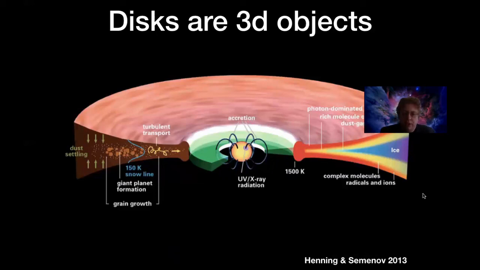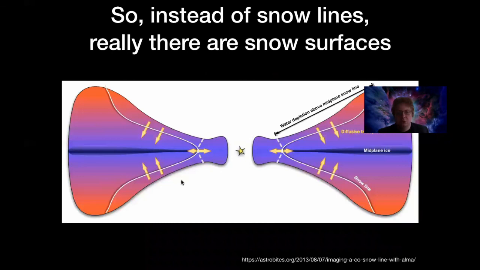The other final note that I want to make is that disks are 3D objects. It turns out that they're not totally flat, and in fact, they flare outwards. So the further away you are from the star, the wider and thicker they are, and it has this kind of curve like this. So what is the consequence of this? It turns out that as a result of this flaring, there really is no such thing as a snow line